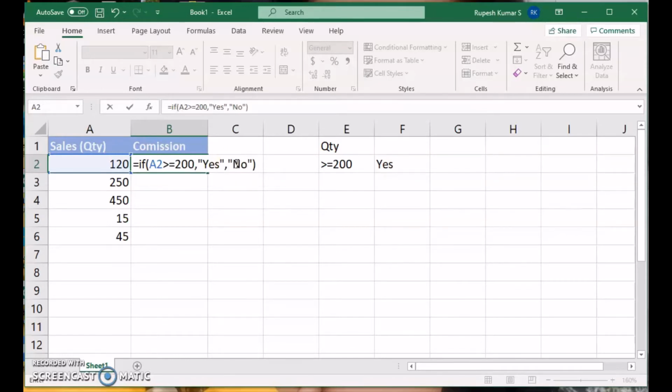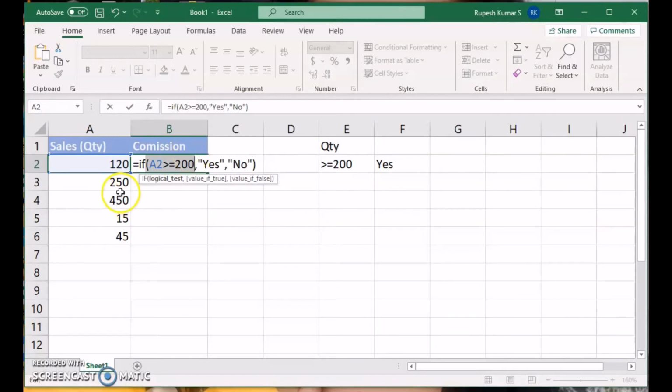Fine. So I'm using a single if condition here, it is not nested if. The first part will get executed if the condition returns true, then it will give yes. If the value is returning false, then it will print no. Here if you see, I have used double quotes. Why double quotes? Whenever we are using any string, that is a set of characters, we use it within double quotes. And if you are using some formula or any number, then double quotes are not used. Again, I'm going to show you in my next example.